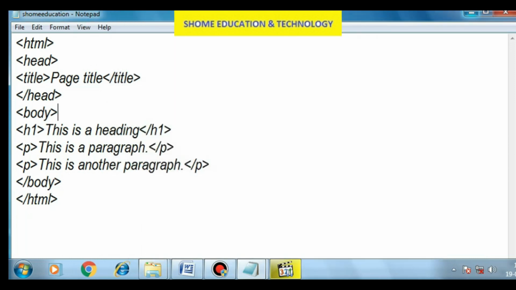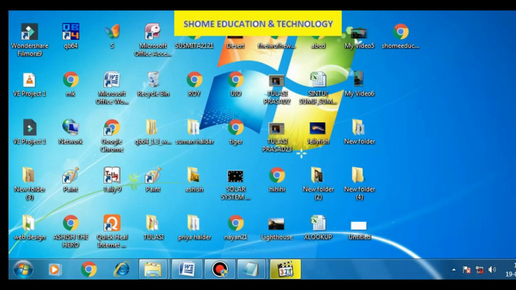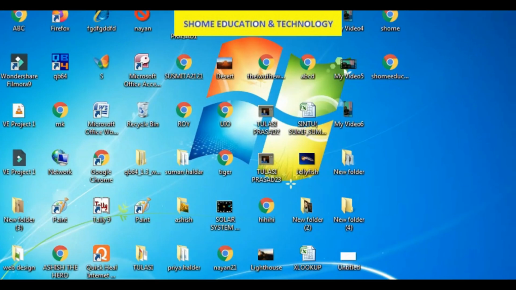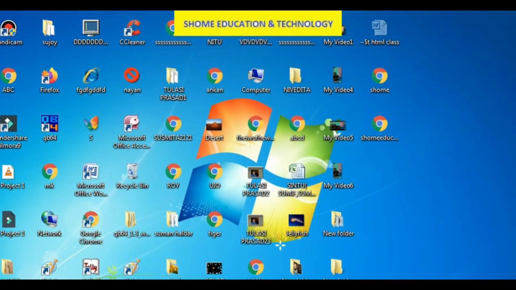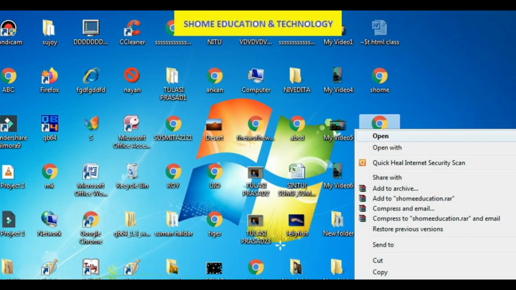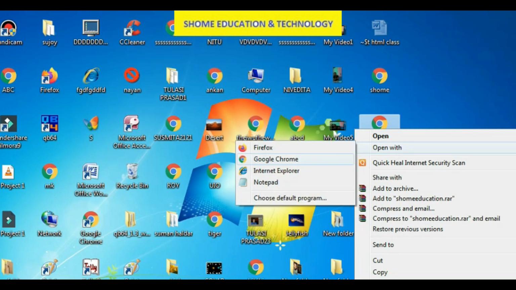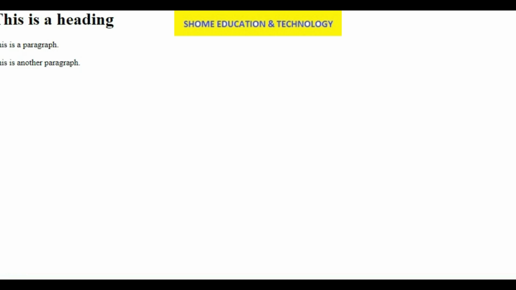We already saved. Now see what will happen. The name is Shom Education. This one always opens with a browser. It may be Firefox, Google Chrome, or Internet Explorer. Right now I'm opening it with Google Chrome. See what happened.